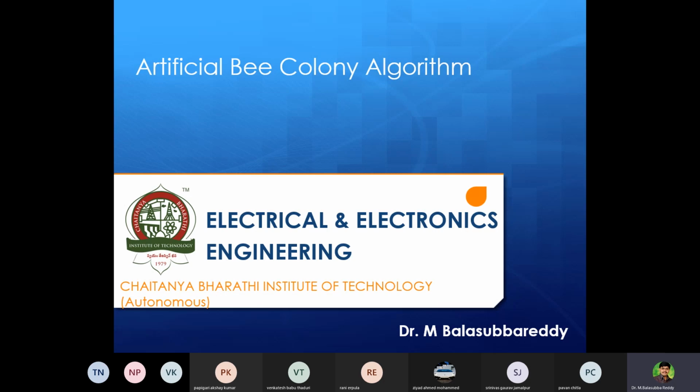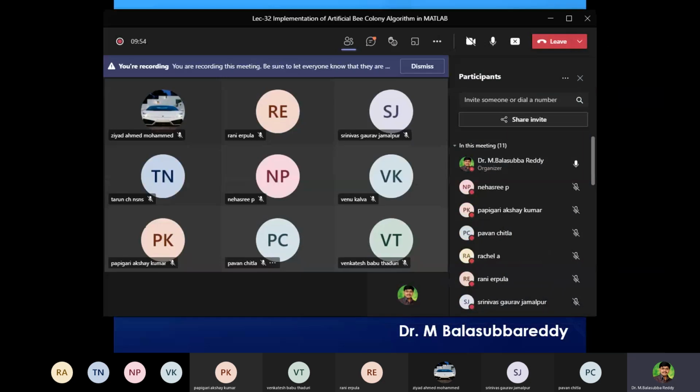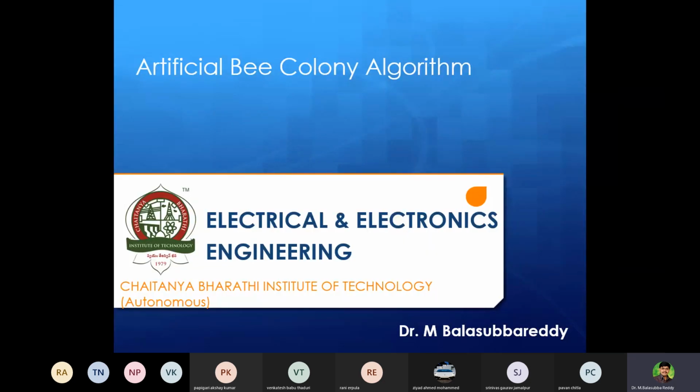like cuckoo search algorithm, particle swarm optimization, ant colony algorithm, harmony search algorithm, water flow algorithm. Many algorithms are there, lakhs of algorithms. These are all heuristic algorithms or nature-inspired algorithms. So using that, we can solve our problem. Before using it on our power system problem, not only power system, it is also used in HVDC transmission and the like,